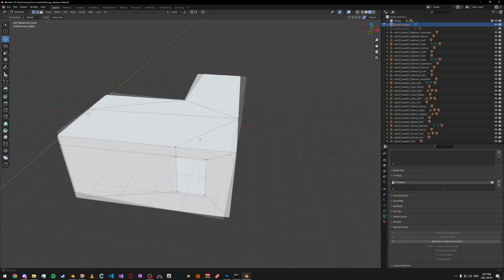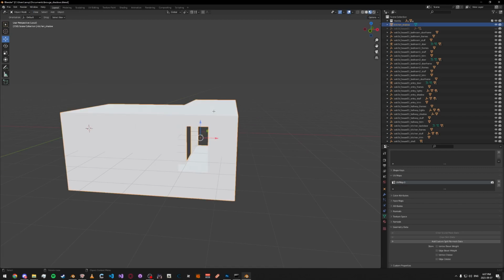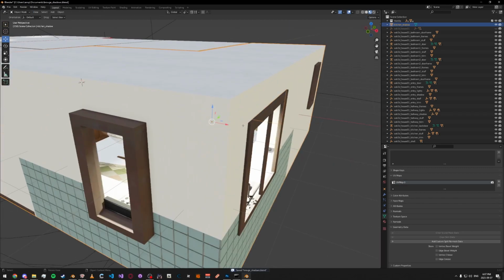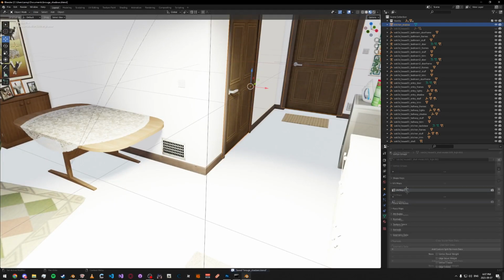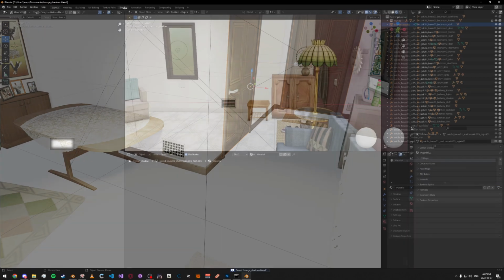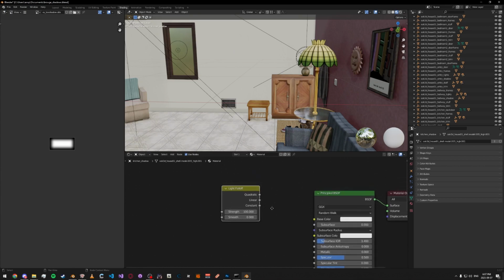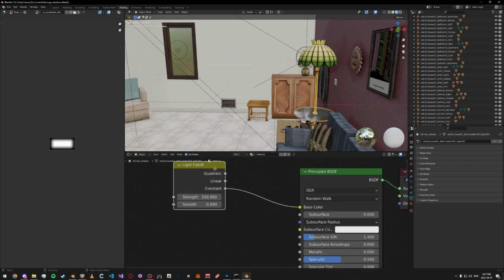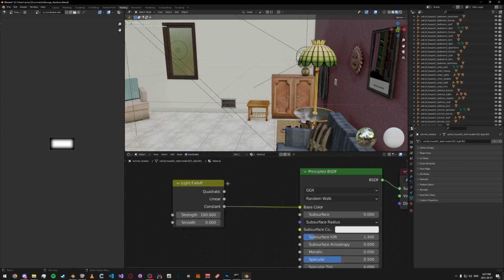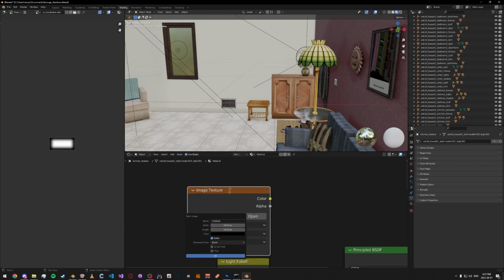Now that we've got our mesh simplified and tidied up, go to the materials tab here, add a new one, go to the shading tab, add a light falloff node, and then take the constant output and put it into the base color of the principled BSDF. Then add a new image texture, click new, and name it something like